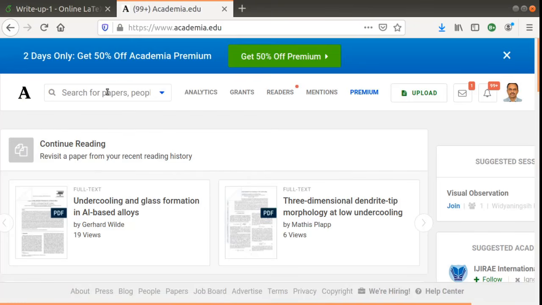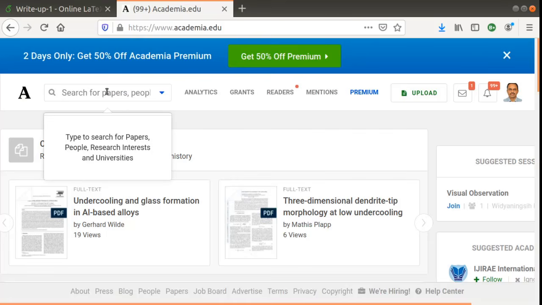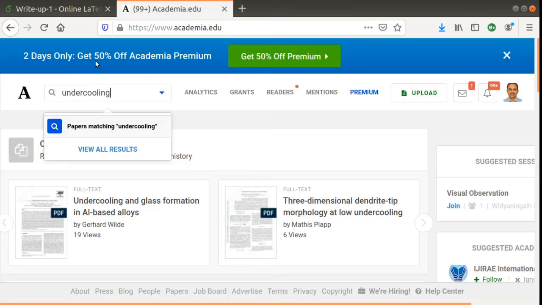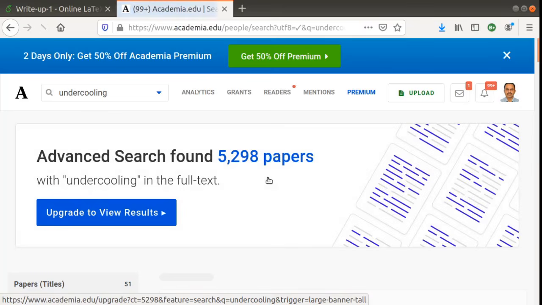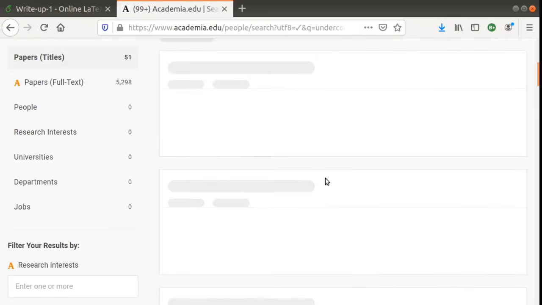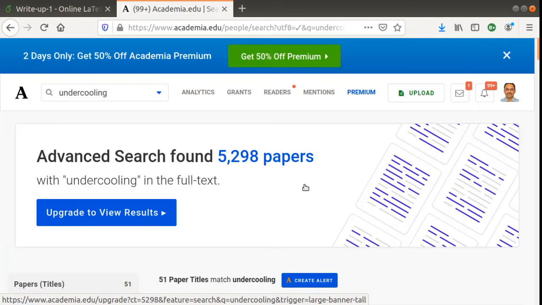And you can then start searching for articles using this search feature at the top left. So we type the same keyword, and you can then see that there are a lot of hits that will come up, quite a large number I would say, from the collection.